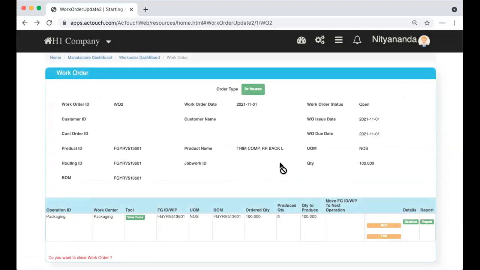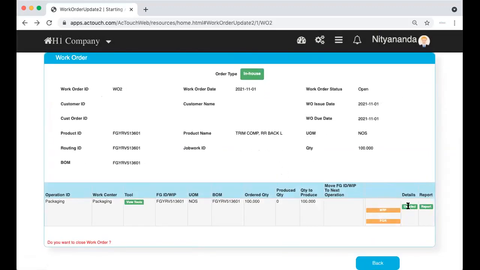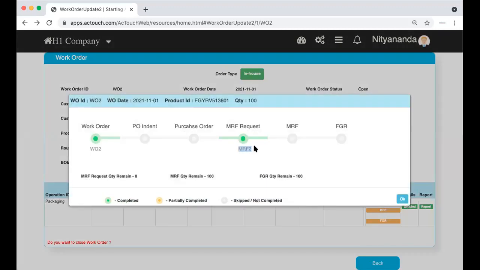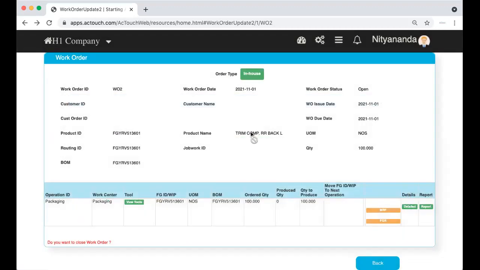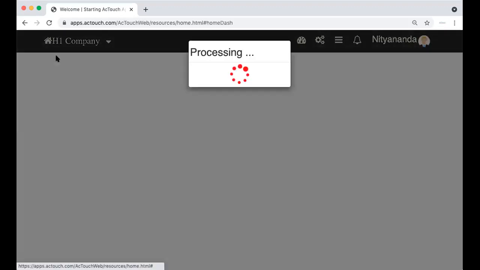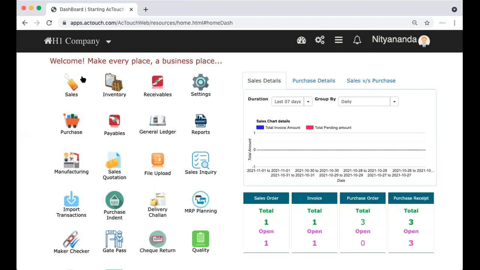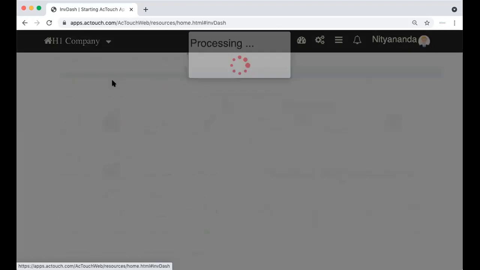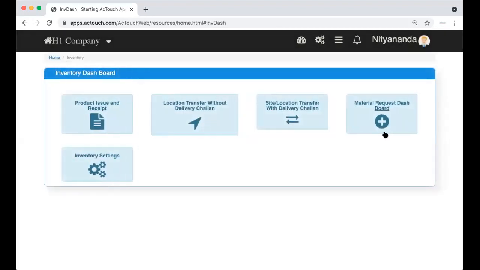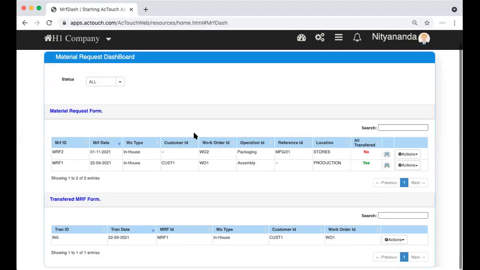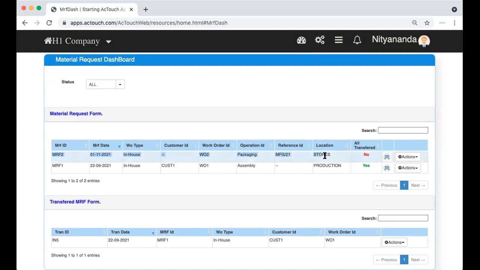The material request is directly to inform the business that a request is placed from you, the production, right? Once the request is done, the operation typically goes to the handover of inventory or the store screen. They go and click on the material request dashboard, and there they can see the request has come from the production guys. As you see, it is not yet processed. You click here, take process,